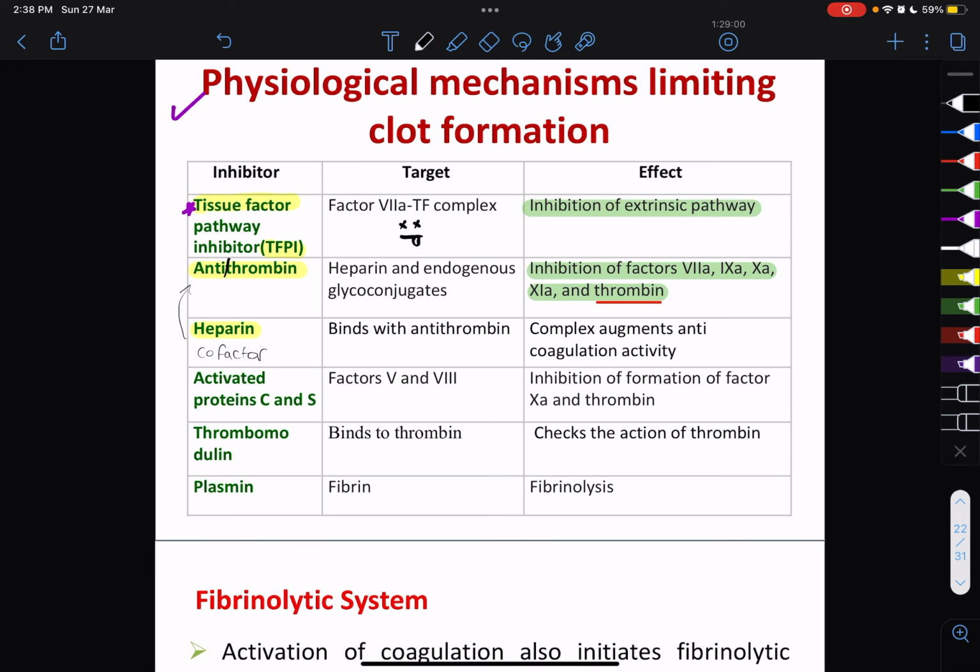So heparin will join with antithrombin 3. They become very powerful. They become very good. And they control the situation. So after they combine with each other,